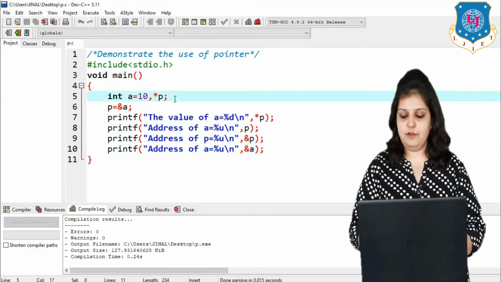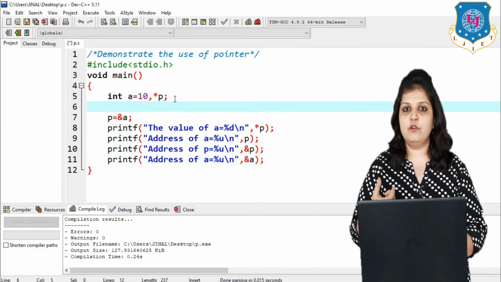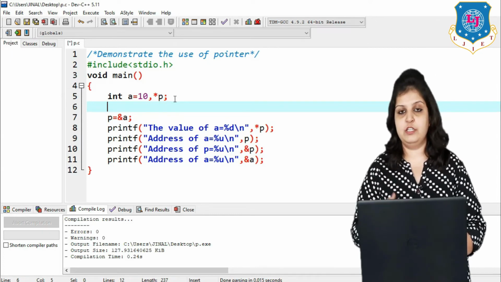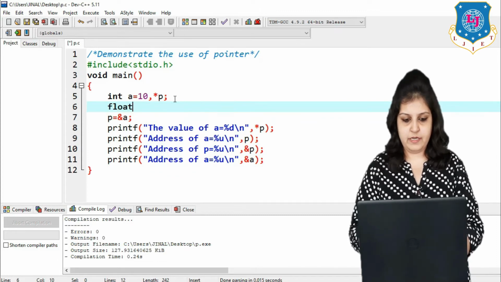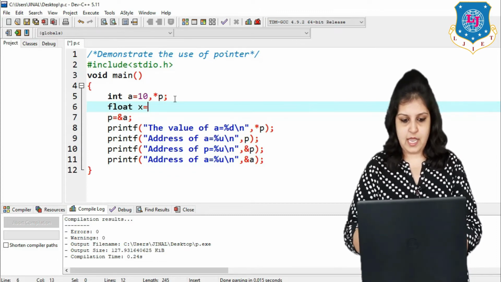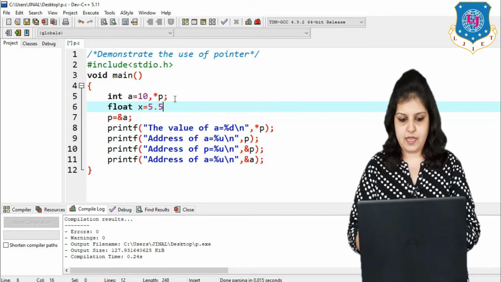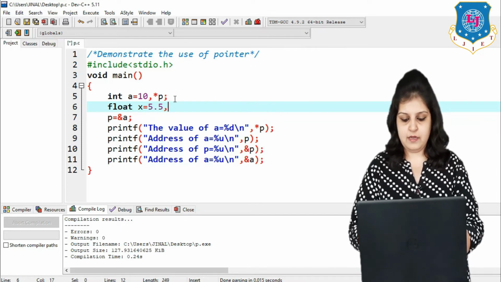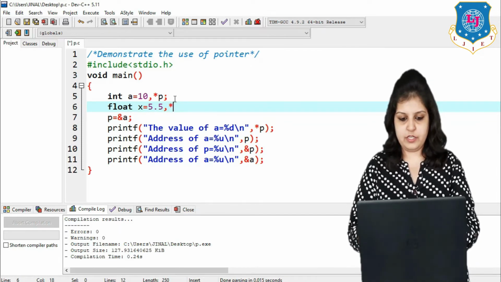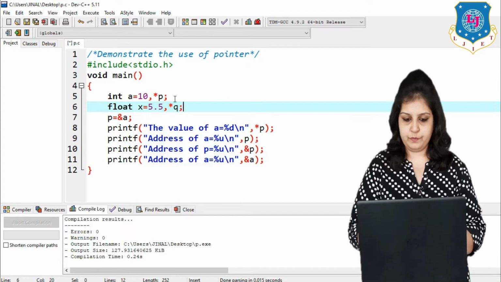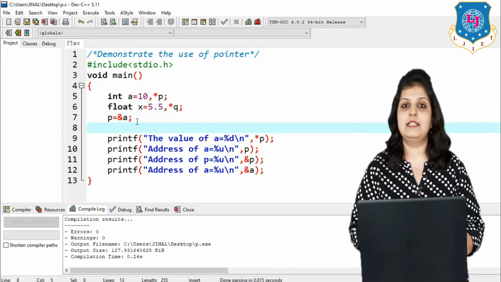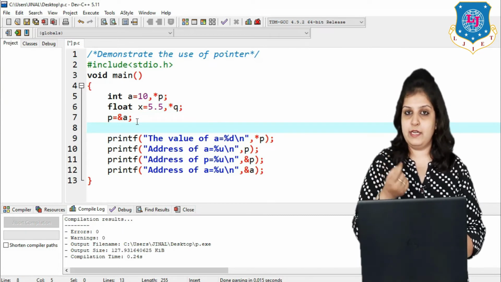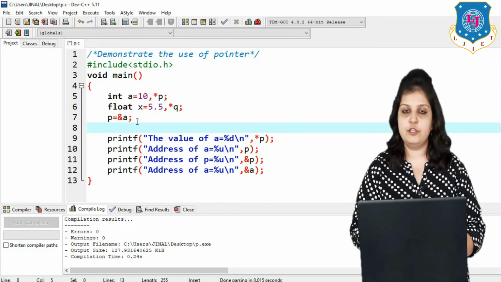Now if I want to store a float variable's address into another pointer, how can we do it? So I am writing one float variable, x is equal to 5.5, and another pointer, q, and again we have to initialize our pointer, meaning store the address of x into our pointer q.